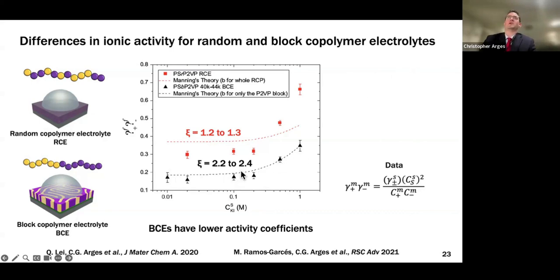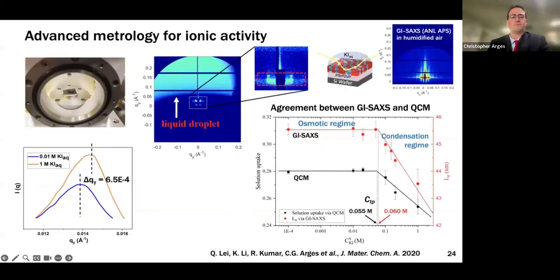And I think that makes sense because in the phase separated domains where you have the charged ionic groups, that is a little bit more like a polymer electrolyte in solution for predicting colligative properties. In the random copolymer, you have the ionic groups randomly distributed through the repeat chain. And so you'll have areas that are well hydrated and areas that are not hydrated that well. And so Manning's theory doesn't seem to do as well here. What's interesting though is that because the ionic groups in the random copolymer electrolyte are spread further out, you get a smaller Manning parameter, which indicates less condensation and hence a higher activity coefficient.